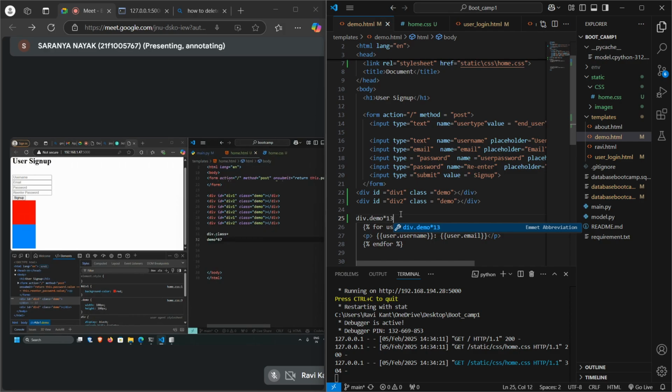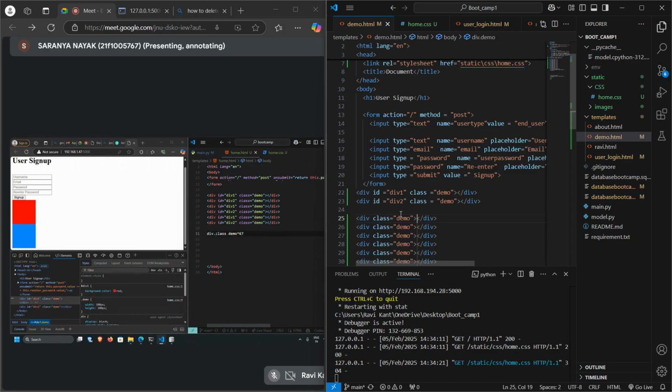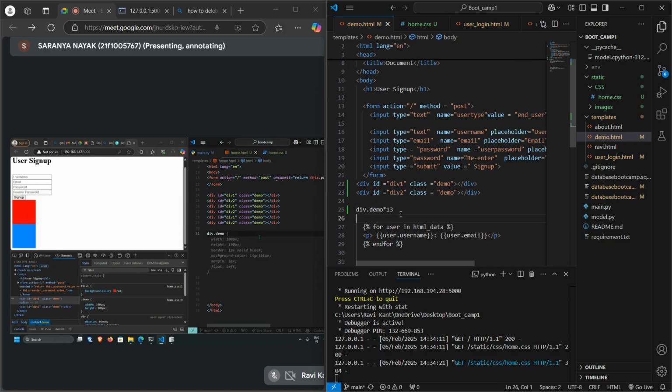No, class is not required. No, what you write after dot is class actually. The dot means class only. So when you write a name after dot, that will become the class, and it will put into the this